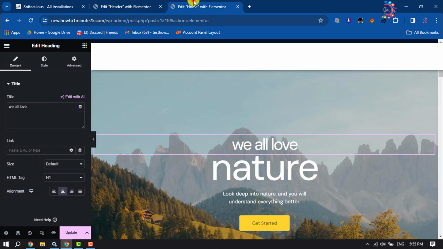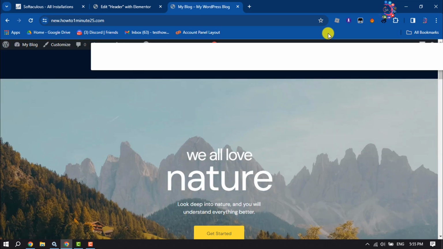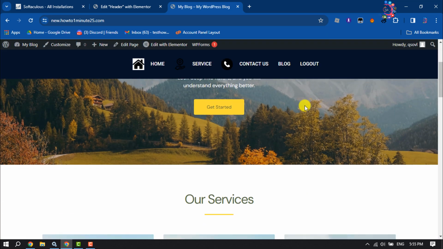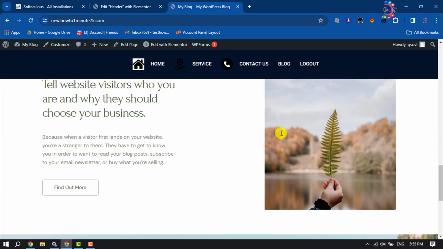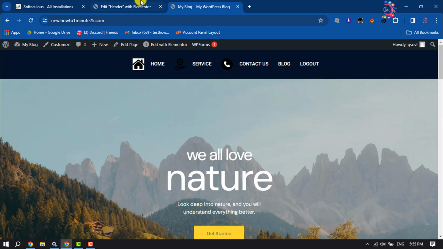And now let's visit our site and simply reload your website. And now if I scroll down, after 60 pixels, here we can see my menu is sticky now. And go to the menu